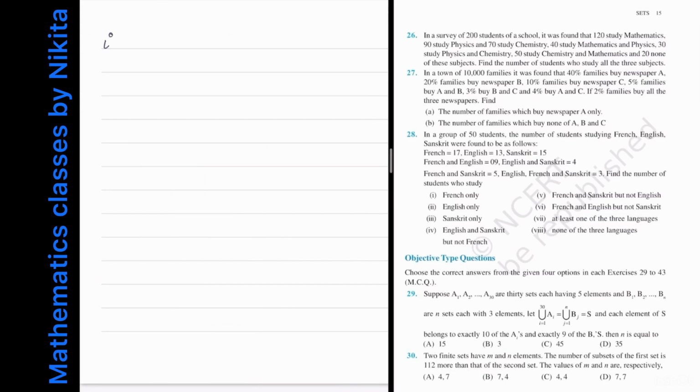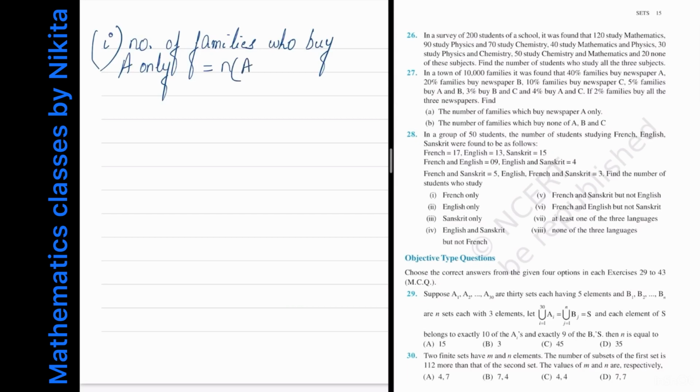First part, number of families which buy newspaper A only is equal to n of A minus n of A intersection B minus n of A intersection C and plus n of A intersection B intersection C,